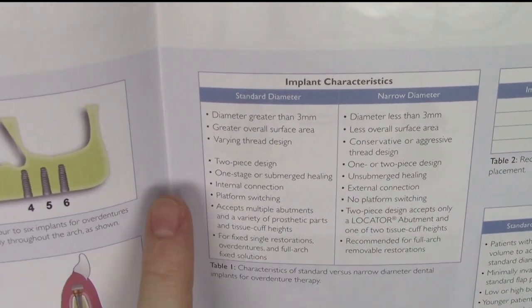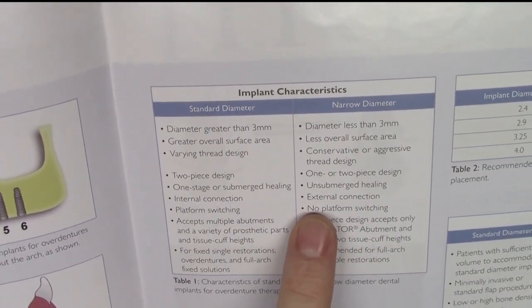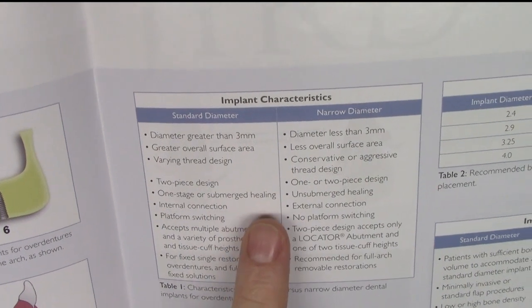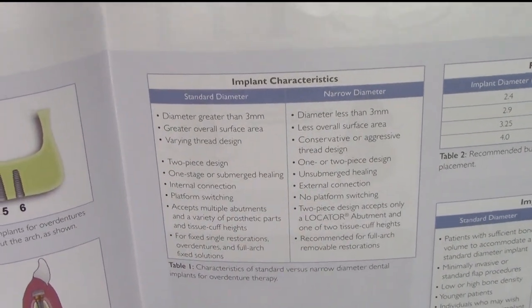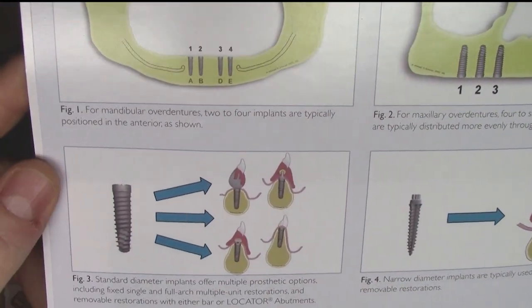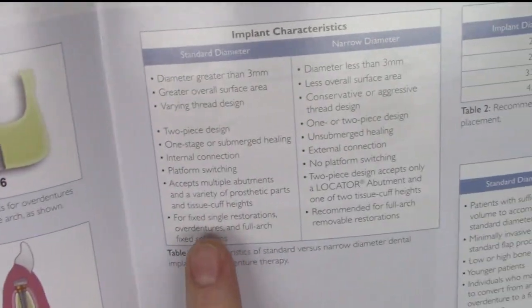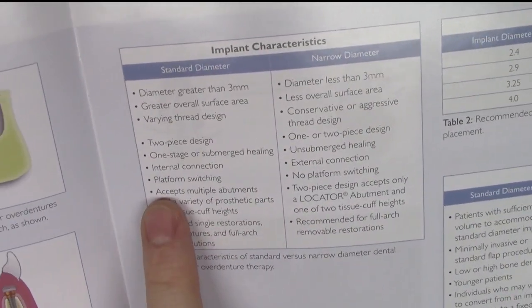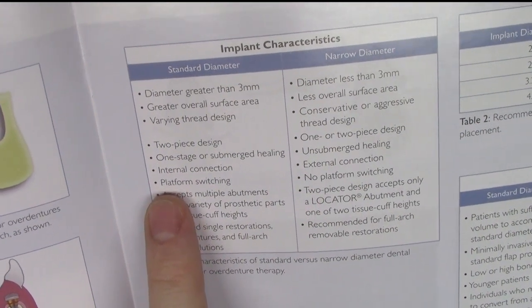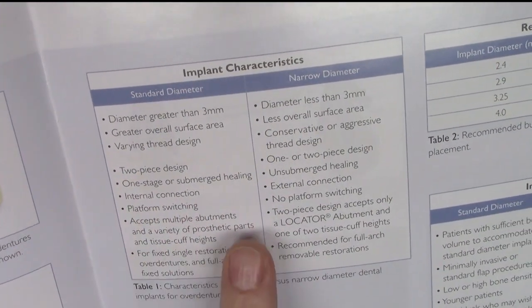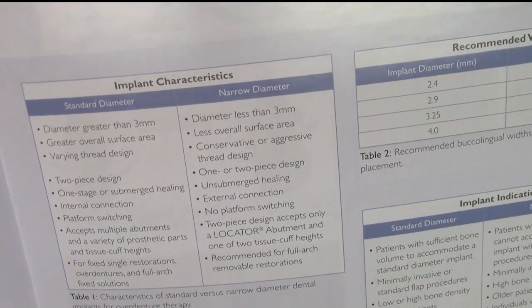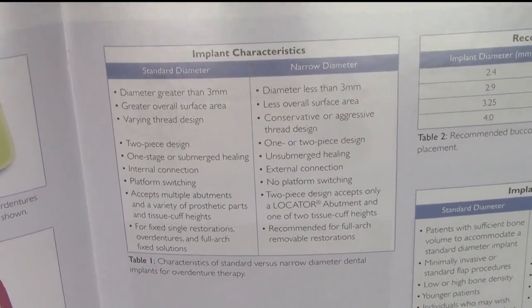an external connection. Because of the size of the implant, when you drop below 3 millimeters, it's very difficult to have an internal connection, which is what you see right over in here with this standard certain type of connection for the OsseoTite implant. As you look over in here, we can do that with a standard diameter implant, including having this platform switching. But with the narrow diameter implants, because of the size of the implant, typically has to